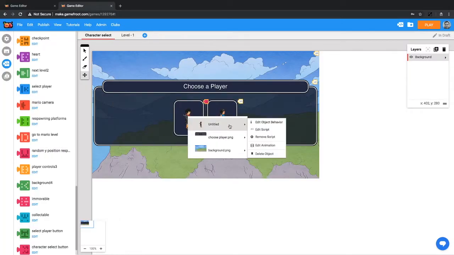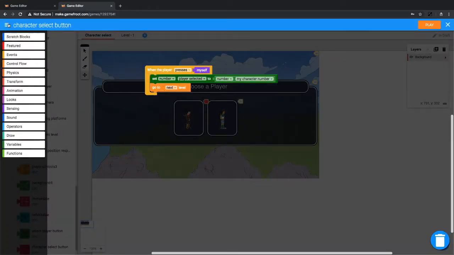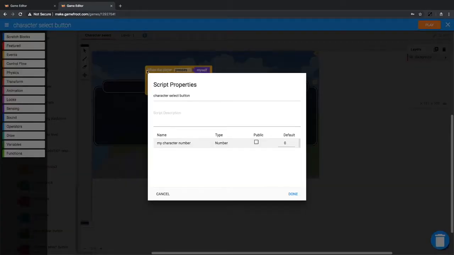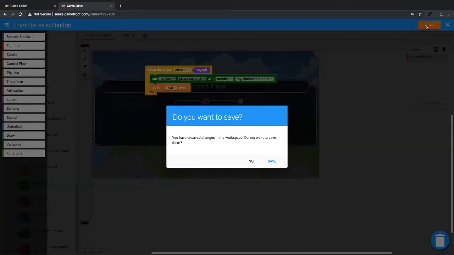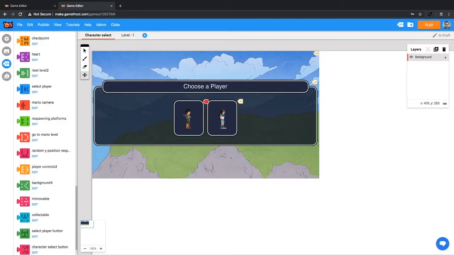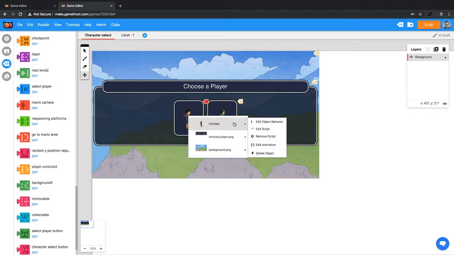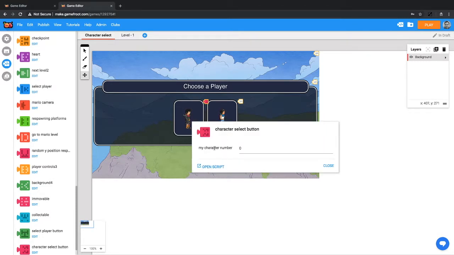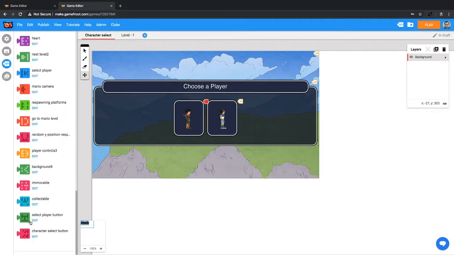And then let's go back into there and edit that, and up in here in the script properties we want to make sure my character number is ticked as public. We can give it a default value if we want, but 0 is fine. So have that ticked, and let's have a look at what that does. So we'll click done and close out of here, save that. Now if we right click on this object and select edit object behavior, we can see this is now the public variable. So let's change that to 1 for the boy,